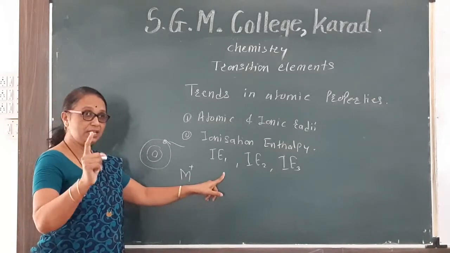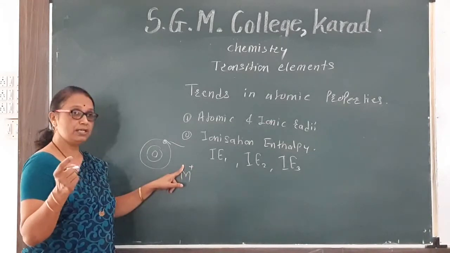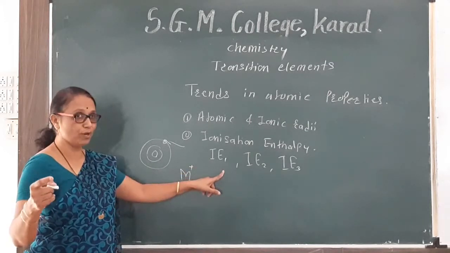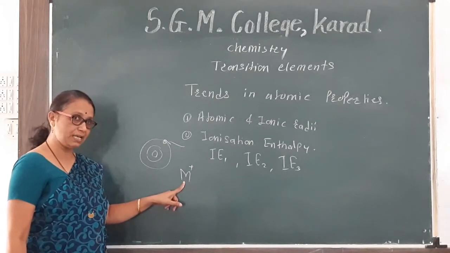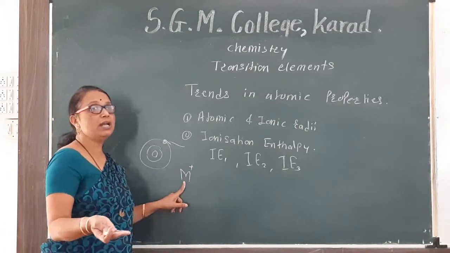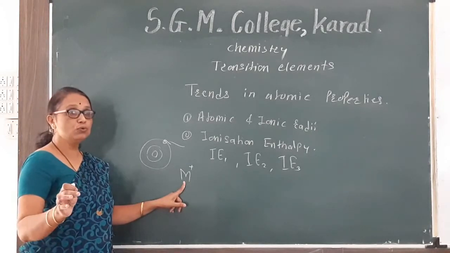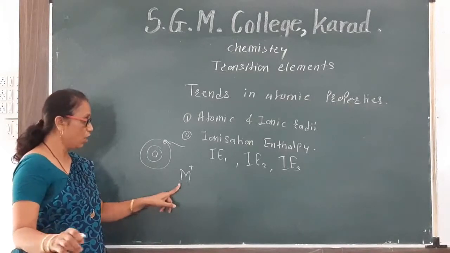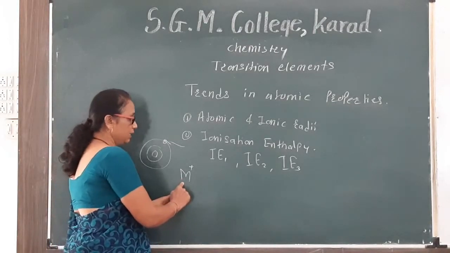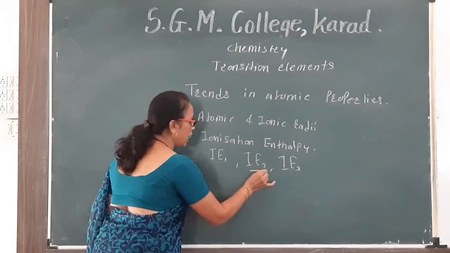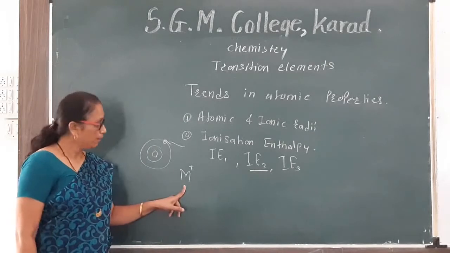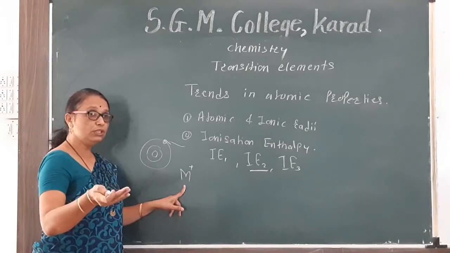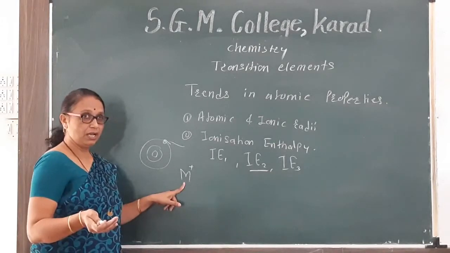It means if one electron is lost, it gets the +1 charge, and the energy required to lose that one electron is the IE1. If there is a formation of the M+ ion, the energy required to remove an electron from this cation is called the ionization enthalpy 2 or IE2. That means the energy required to remove the electron from the M+ ion, there is a formation of